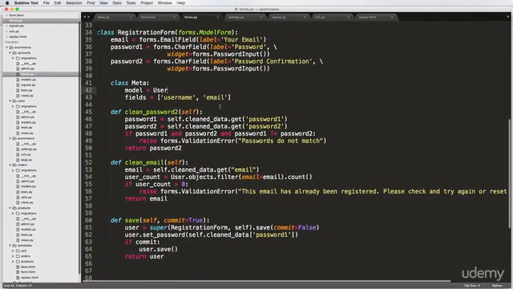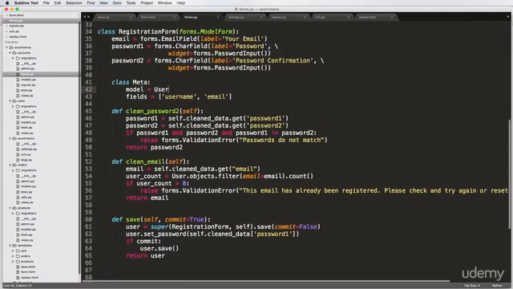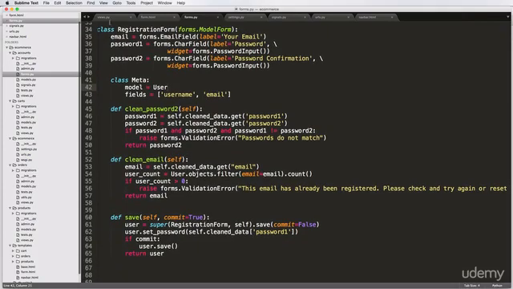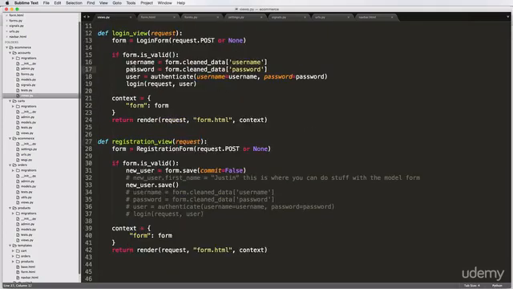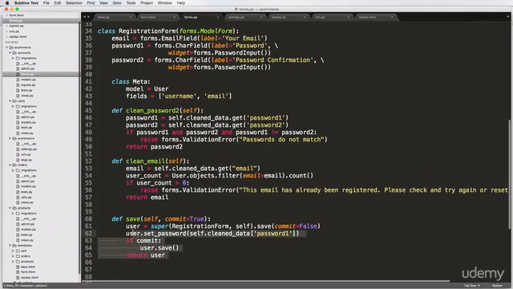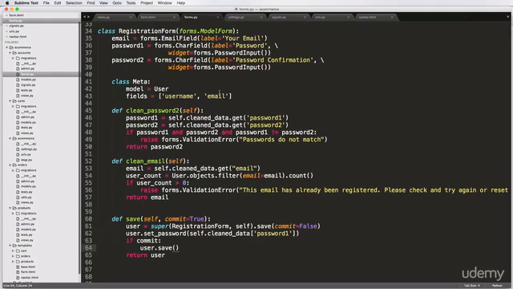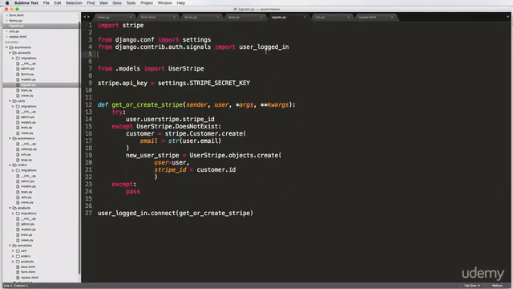Now the next part of it would be actually sending a registration email, like our verification of your email. So we could do it in a couple places. We could do it in this registration view, or we could do it in our form. So we could do it in here after the save, or we could also set up a signal, like what we've seen on user logged in,